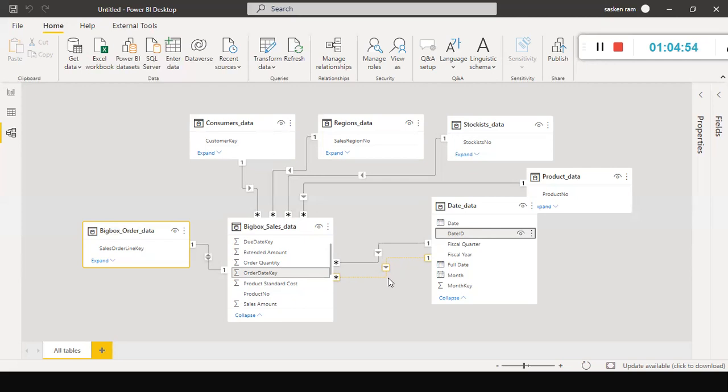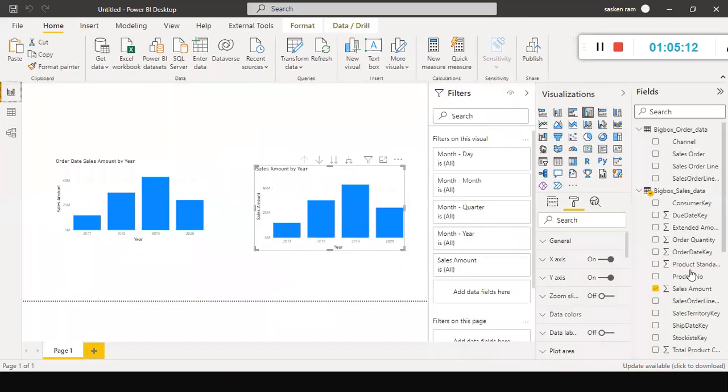Okay. If I want to filter the sales amount by order date key, you need to have one more relationship. In this case, it is an inactive relationship. To activate this, you need to use a function called USERELATIONSHIP, as I showed you in the DAX function, right? Otherwise, how will you use it with one relationship? How can we do it, right?